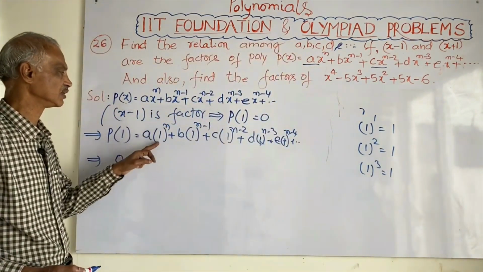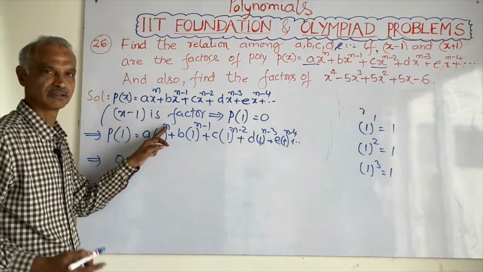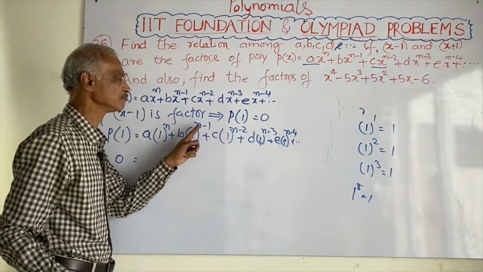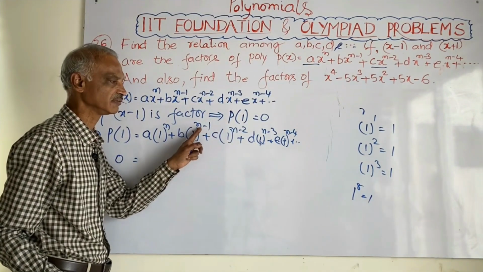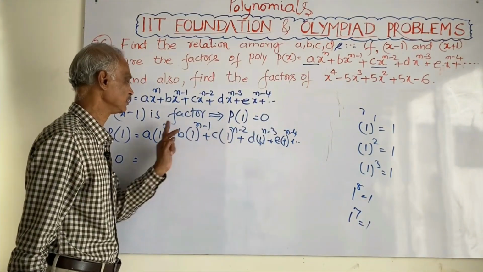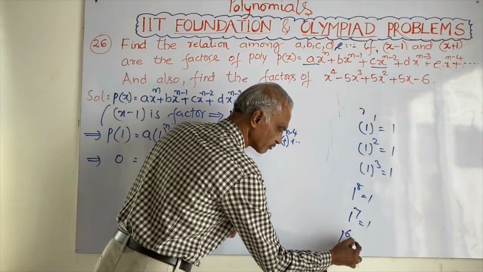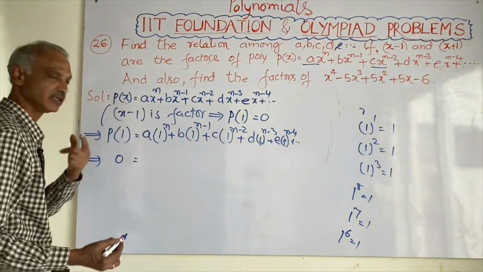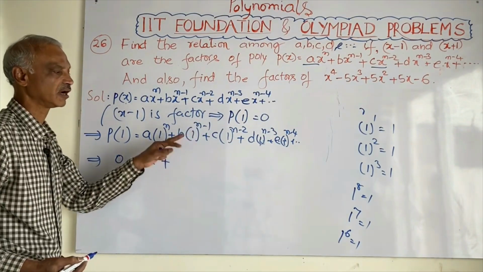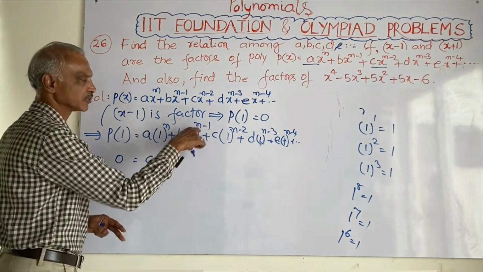See, 1 to the power of 8 is 1 only. 1 to the power of 8 minus 1, that is 7, 1 to the power of 7 is also 1 only. 1 to the power of 8 minus 2, that is 6, 1 to the power of 6 is also 1 only, like that. 1 to the power of n, 1 into a plus 1 to the power of n minus 1 is also 1 only, because 8 minus 1 is 7, 1 to the power of 7 is 1 only,